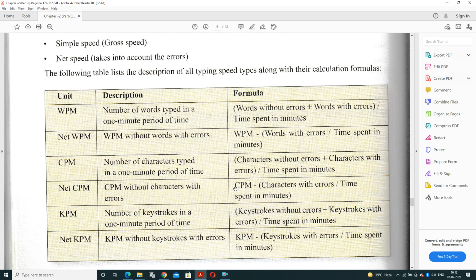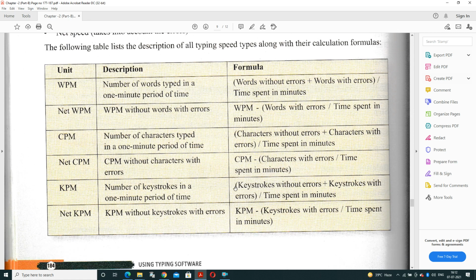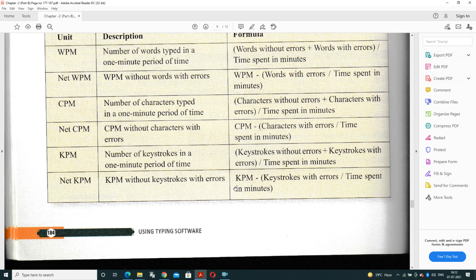And KPM is keystrokes. So WPM, CPM and KPM will be used: WPM is words per minute, CPM is characters per minute and KPM means keystrokes per minute. This is the abbreviation of these 6 parts.